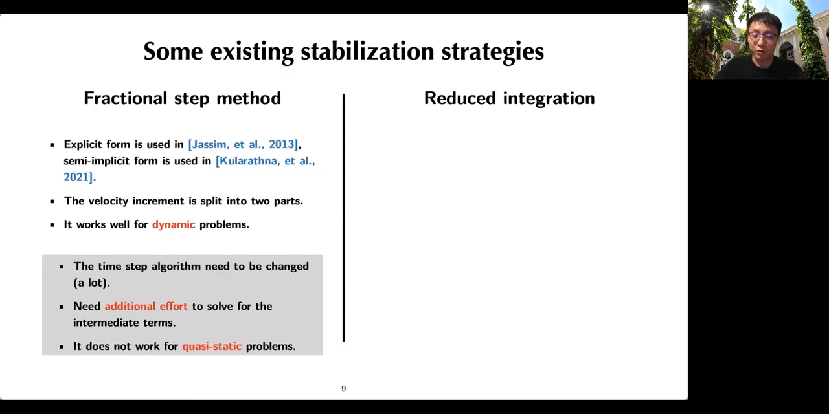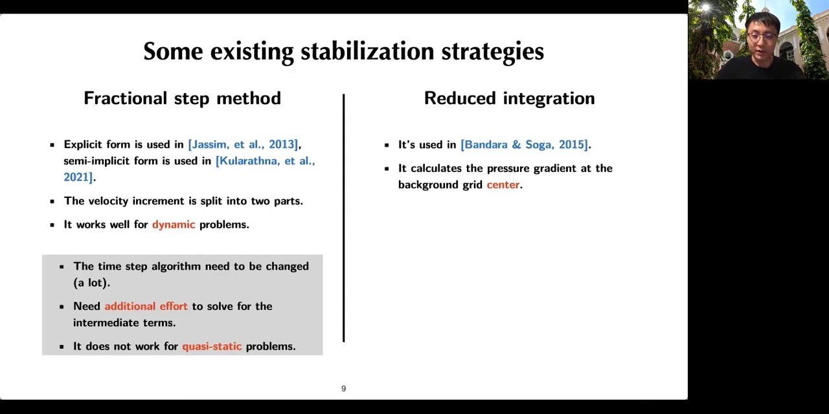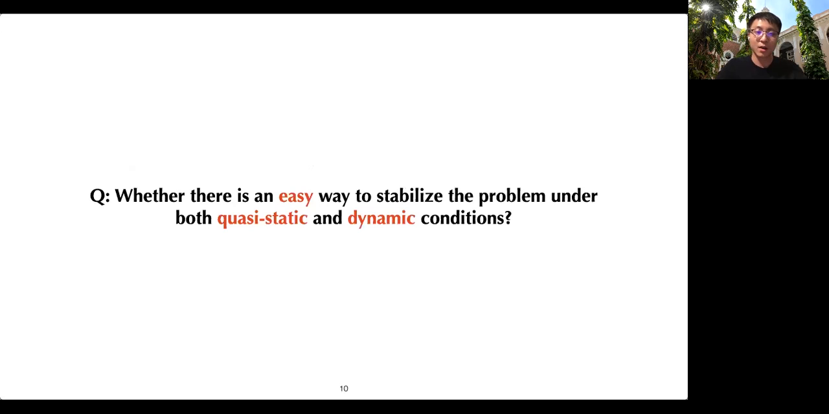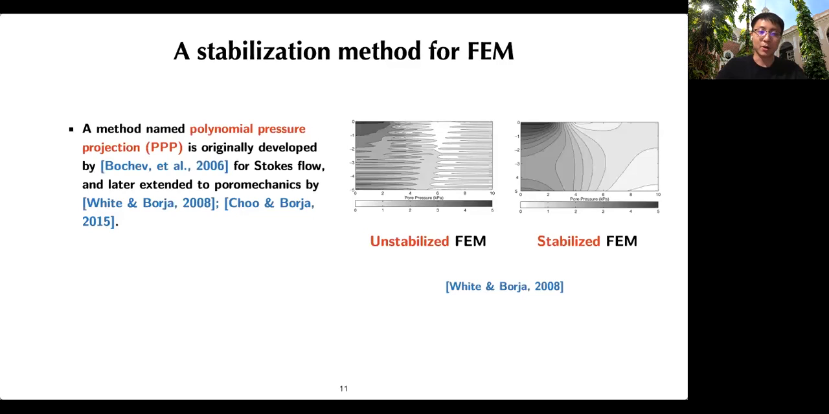The second method is reduced integration. It calculates the pressure gradient at the background grid center. However, the limitation is that this method is actually not completely stable. So it may show some oscillation in certain conditions. So far, the question is whether there is an easy way to stabilize the problem under both quasi-static and dynamic conditions. Because there are many similarities between MPM and FEM,